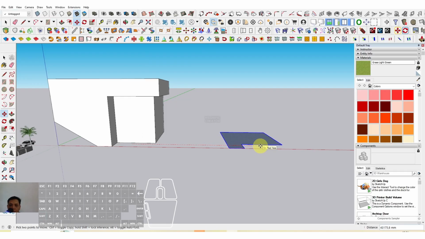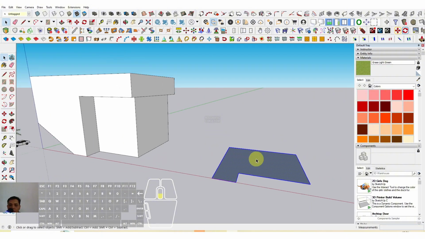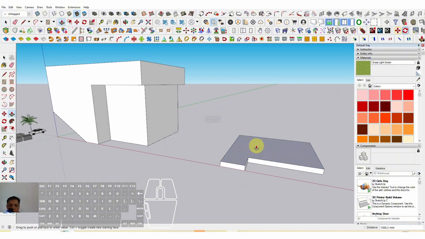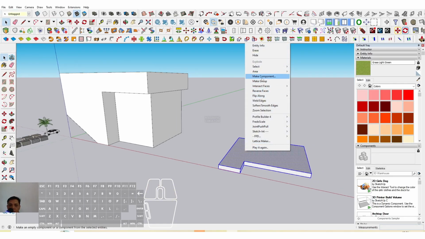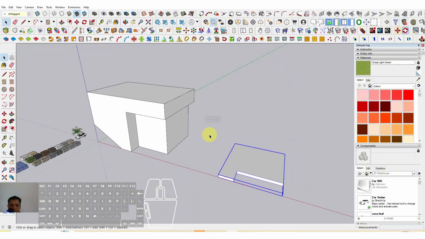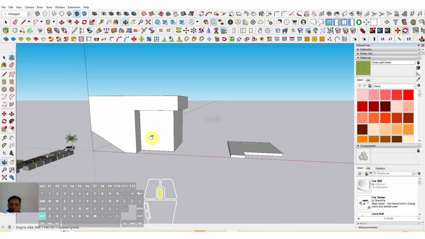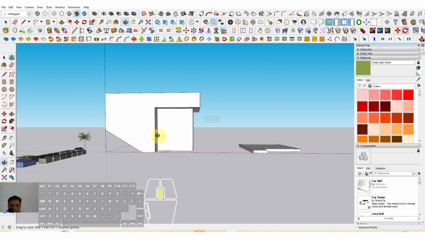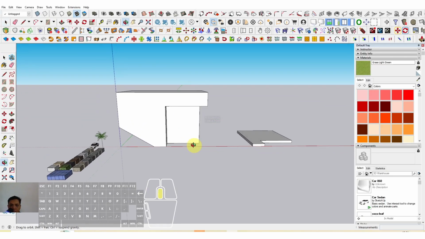We can type around 40 meter in here. Okay, then we can push it up around 1 meter in here for the thickness, and triple click, right click, and make component, and then create. Okay, and after that we can also make